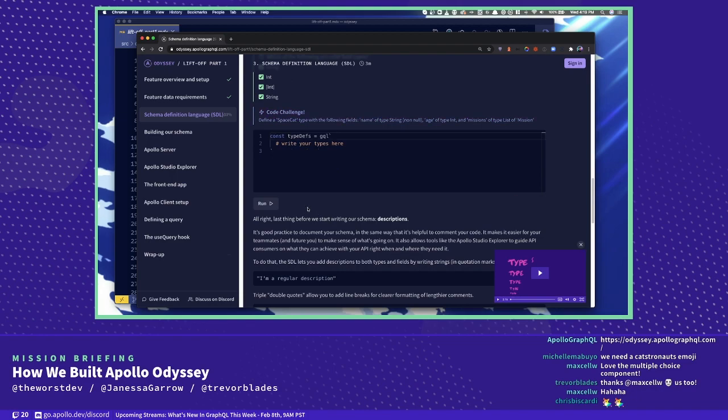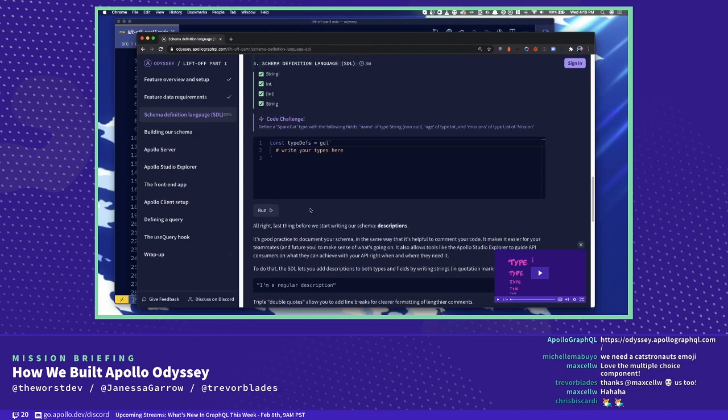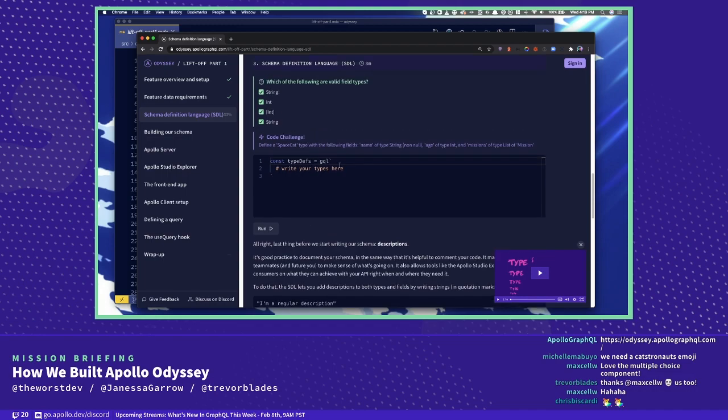If you reset that, this is what you'd see on a first run through this course. So we now have a code challenge. What does this say? It wants a type of SpaceCat, and it wants us to add a couple fields: mainly a name, a string, which is non-nullable; age, which is an integer; and missions, which is a type of list. Type list of missions. Yes, type list of missions.